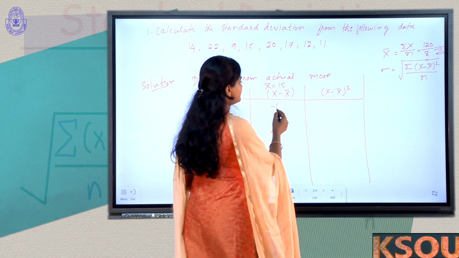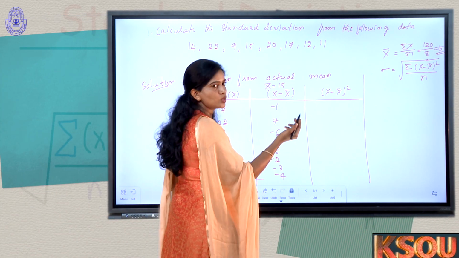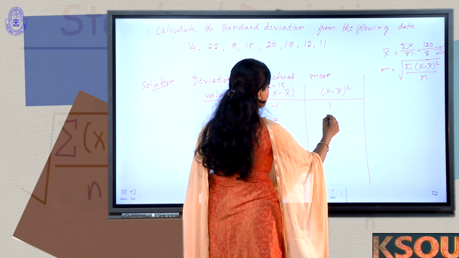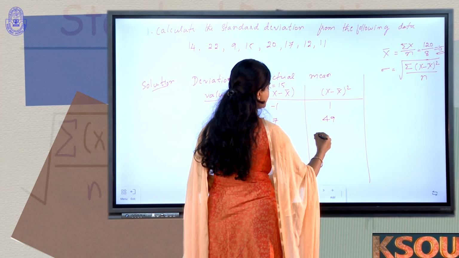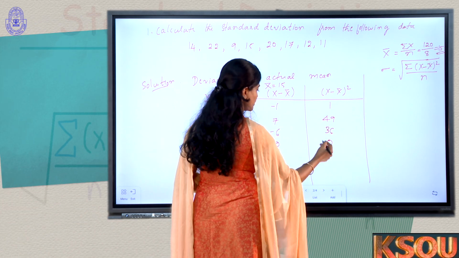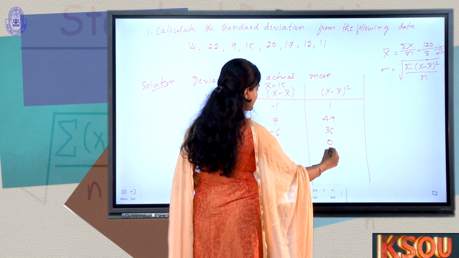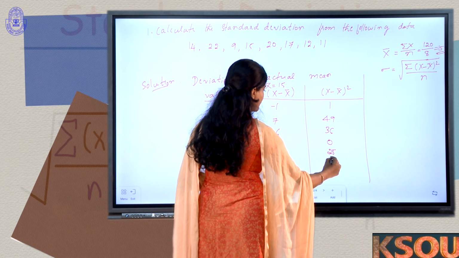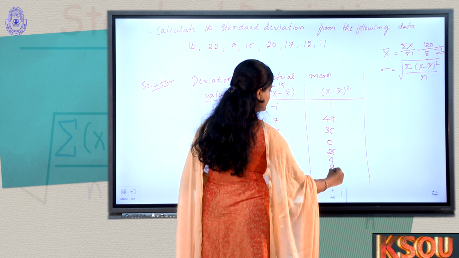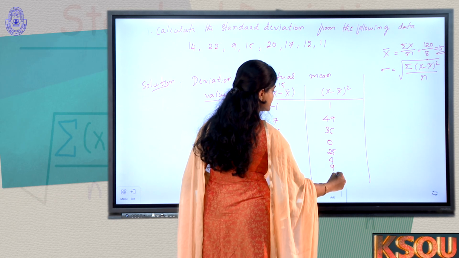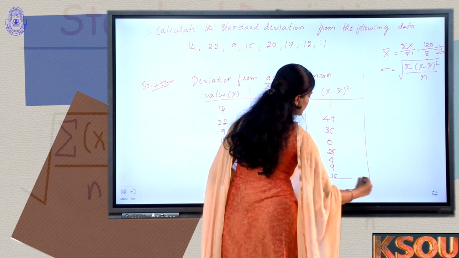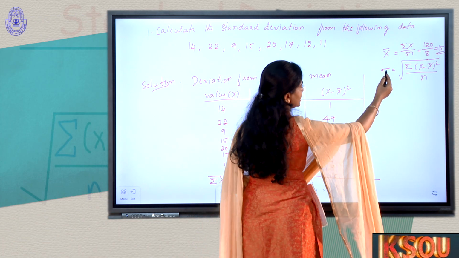If we consider the first one, minus 1 square is plus 1, then 7 square is 49, minus 6 square is 36, 0 square is 0 only, 5 square is 25, 2 square is 4, minus 3 square is 9 and minus 4 square is 16. Now we will have to take the summation of these values, because in order to calculate the standard deviation